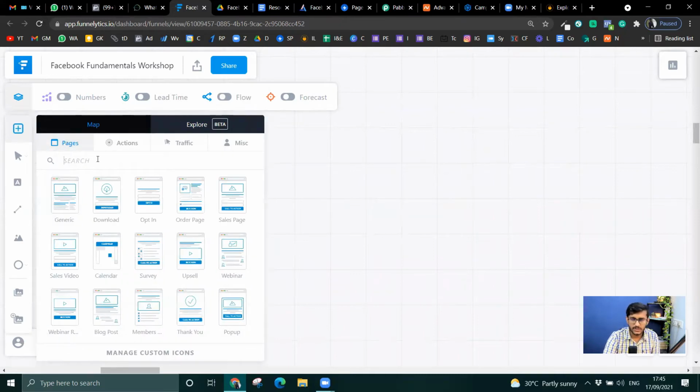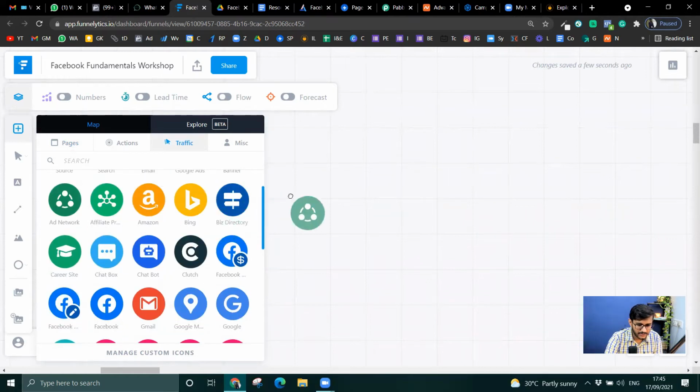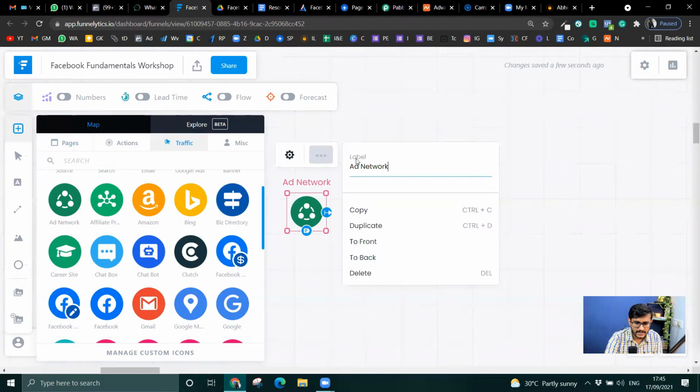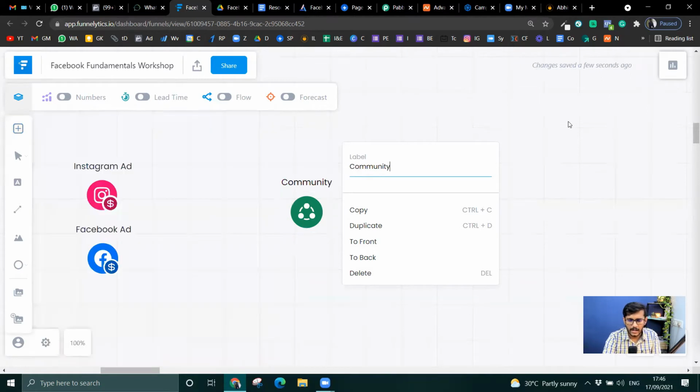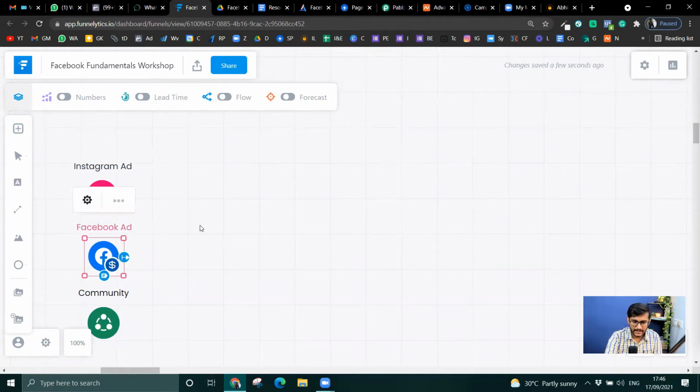A minor traffic source would be my community as well, because I have been informing them they are welcome to join for free, and most of them get the VIP tickets because they're already my funnel masterclass community members. So they would also join. I'll just edit this and say community members. These guys already know me, so not much selling is required for them. So the whole idea here is I got my traffic sources fixed.